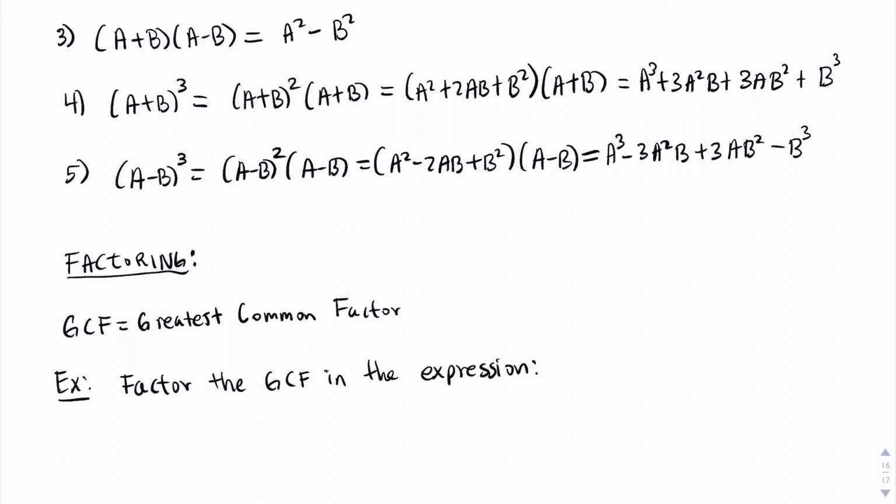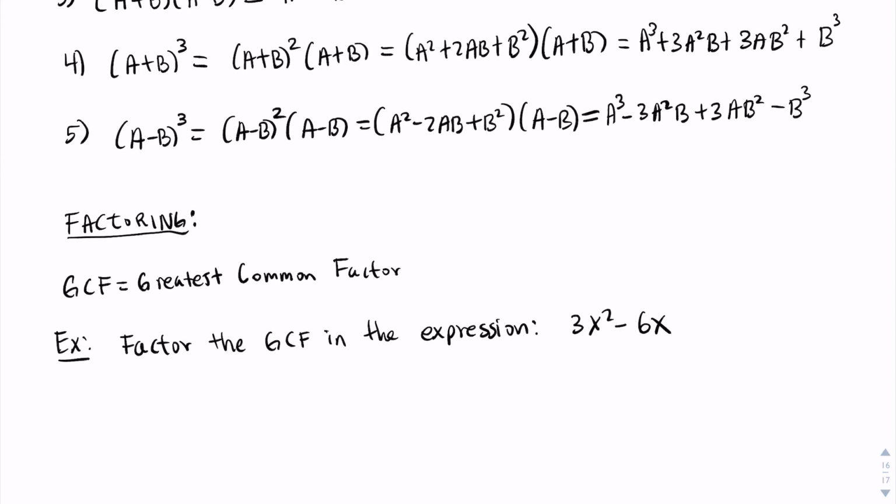Say 3x squared minus 6x, and I just want to factor out the GCF from it. Between 3 and 6, what will be the greatest common factor? 3. Between x squared and x? x. So the greatest common factor that we'll factor out will be 3x, and we'll have x minus